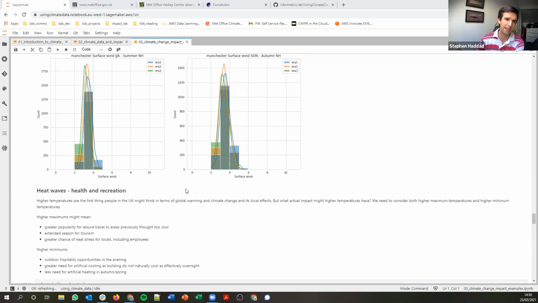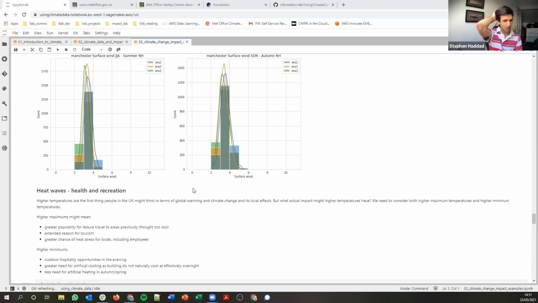So what might our impact model be here? We might say higher maximums might mean maybe it's more popular to go to the beach and other outdoor leisure centers in areas that maybe were previously too cool, or maybe at times of year that were previously too cool for certain activities. With an increase in maximum temperatures in the shoulder seasons, you have an extended season for tourism, so investing in some sort of tourist facility might give you greater return on investment. But it might also mean that there's greater chance of heat stress with increase in temperatures for people, including your